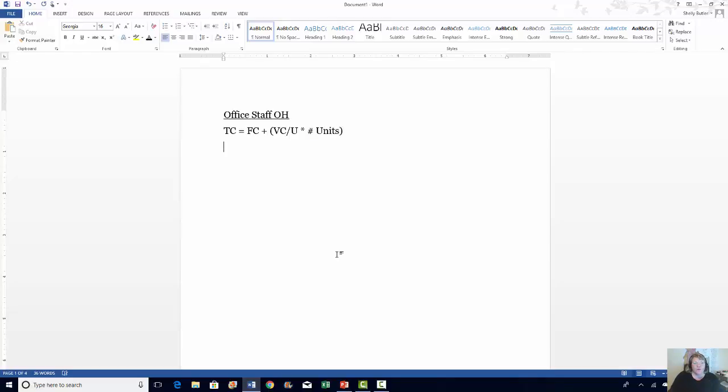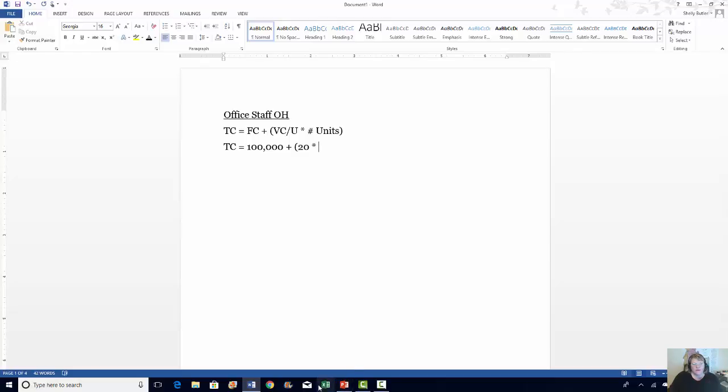So that is your formula to get this. Now our total cost equals our fixed cost, which is the $100,000, plus our variable cost, which is $20, right? Multiplied by